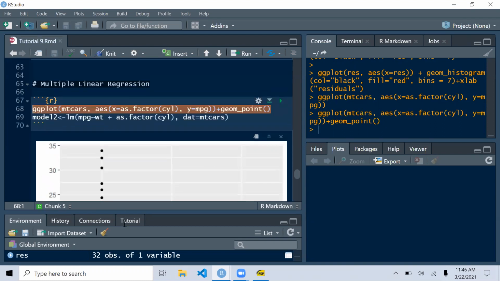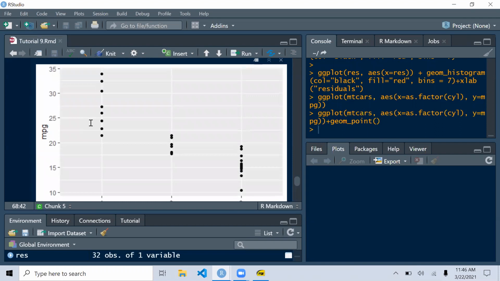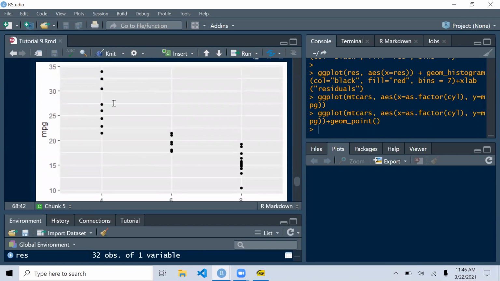So you could probably add a fill, so you can color coordinate. So you have green, red, and blue, whatever. But you can see the point is made here, right? So you cannot do a linear line. So I wouldn't put, for instance, plus geom_point, or I wouldn't put plus geom_smooth with method equals lm, because it doesn't make sense. But recognizing that the weight does go down, recognizing MPG does go down for each weight,